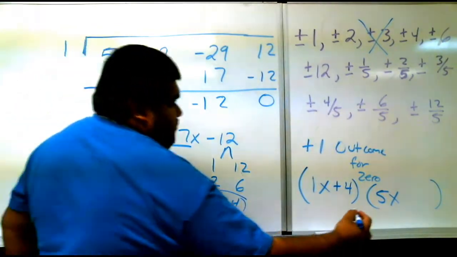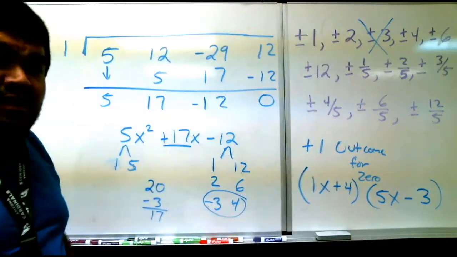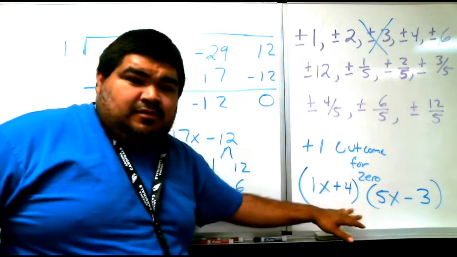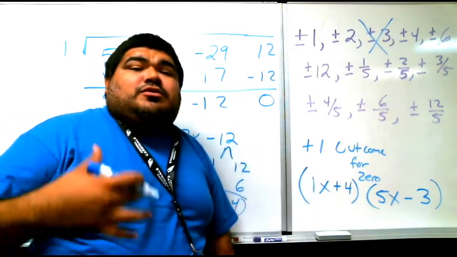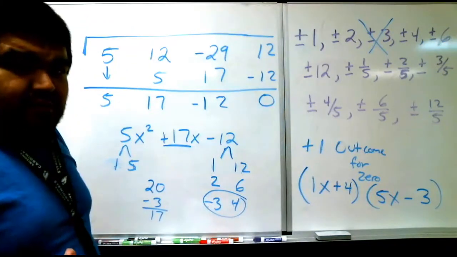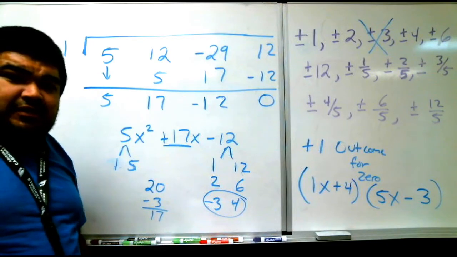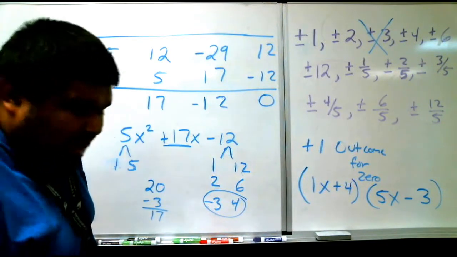Negative 3. So we have minus 3. Now that we have that, this is our problem now, equals 0. Make sure you write all this down before I erase it to make room. All right, now that you have it down,